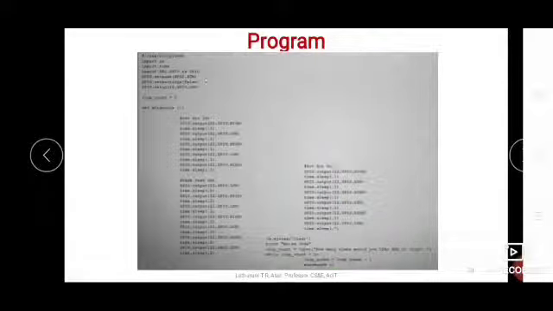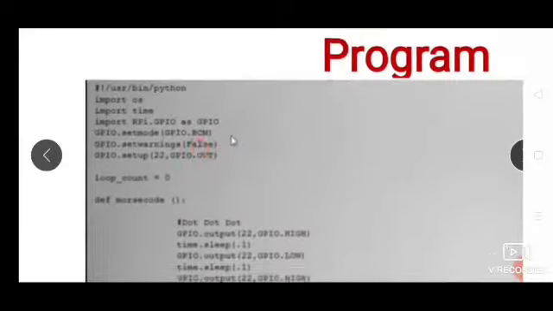The program written is like this. So as usual we will make use of import time, import RPi.GPIO as GPIO, then GPIO set mode to GPIO BCM, then warnings to false, then here you set the pin number 22 as output pin because it is a buzzer, it has to produce the voice. Okay, it will be producing beeps, let us say. So it is producing the beep which you need to be heard, so it is an output, a voice audio output. So pin number 22 is set as an output pin.